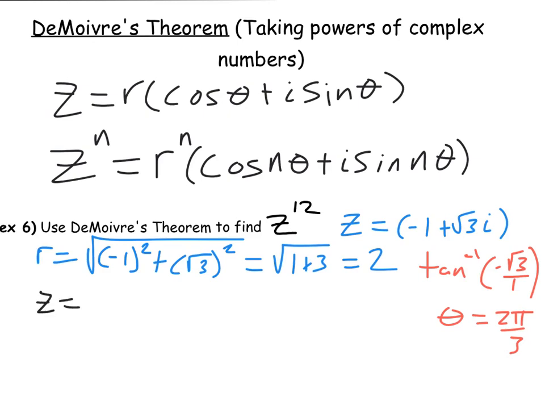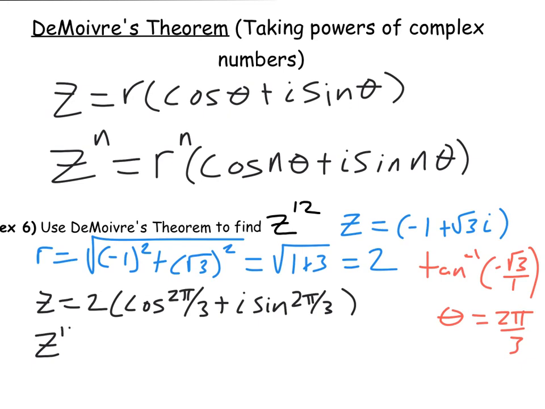This would have been the nicer number to have given you. All right, z is 2 cosine of 2 pi over 3 plus i sine of 2 pi over 3, and from that, remember, we are looking for z to the 12th power. Well, r needs to be then raised to the 12th, and the angles in here need to be multiplied by 12. So we will have 12 times 2 pi over 3 plus i